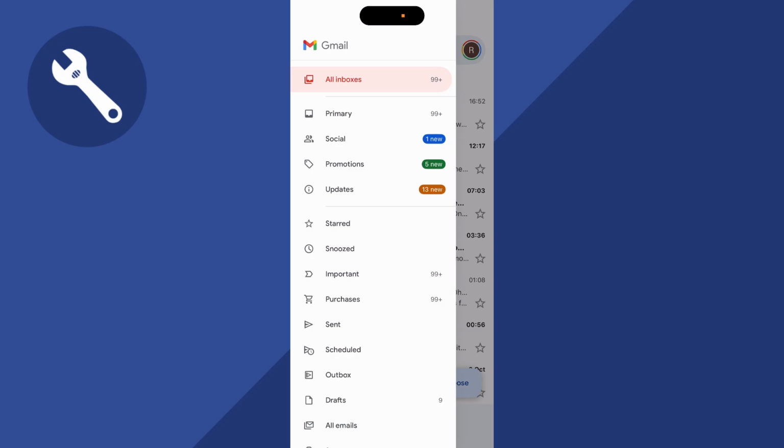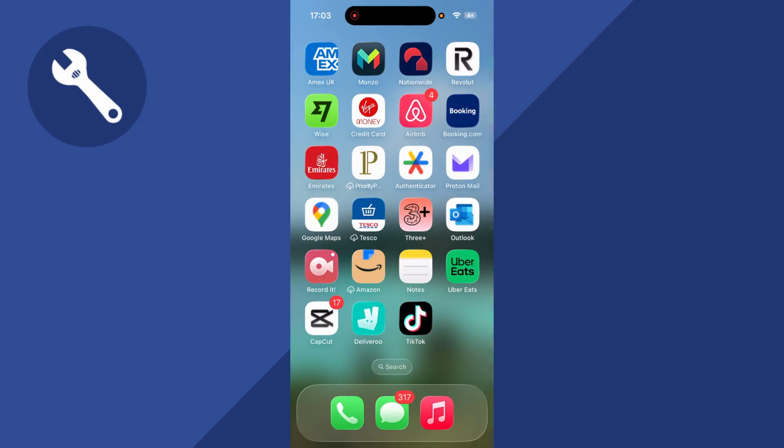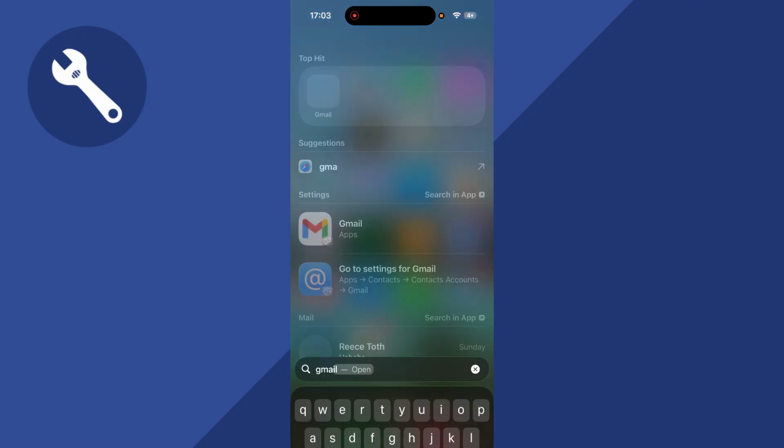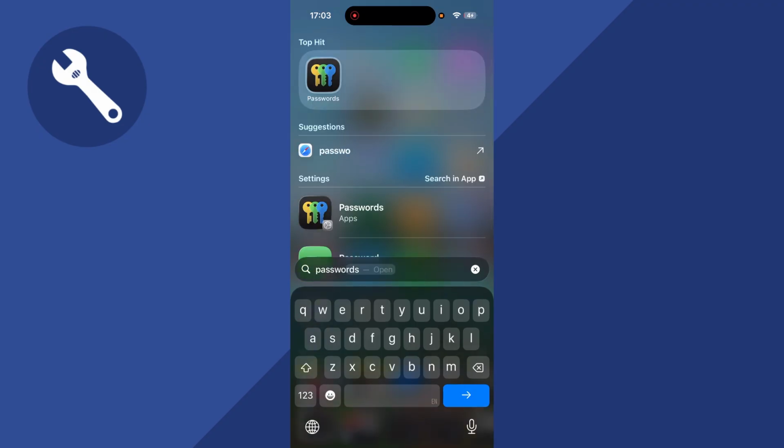How to see your saved Gmail password on your iPhone. So if you've forgotten the password to your Gmail account, this can actually sometimes be saved on your iPhone itself. Now, the first thing you need to do is just go and use the search box to search for passwords